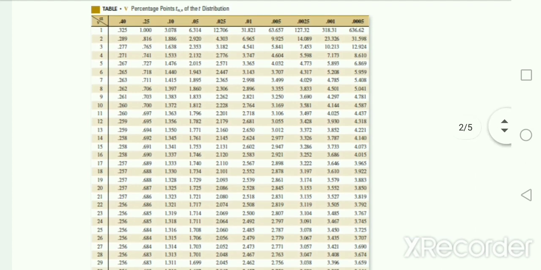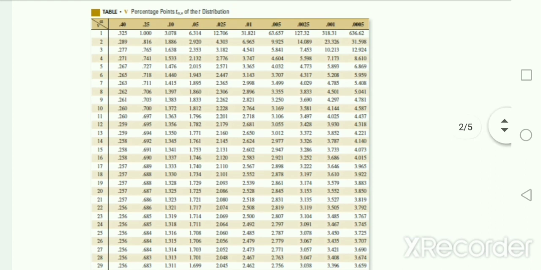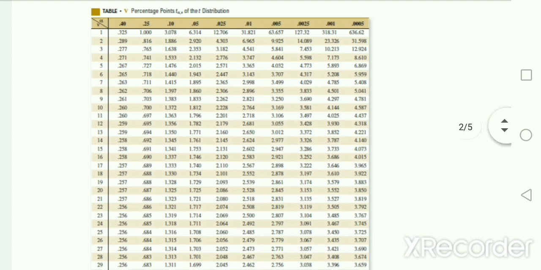So for example, suppose we need a t distribution value. In most problems we consider only alpha equal to 0.05. So suppose alpha is 0.05. Here v is the degrees of freedom. Suppose we take degrees of freedom n minus 1 as 8, for 0.05 with degrees of freedom 8, the t value is 1.860. Suppose for 0.05 the degrees of freedom value is 4, that value is 2.132.